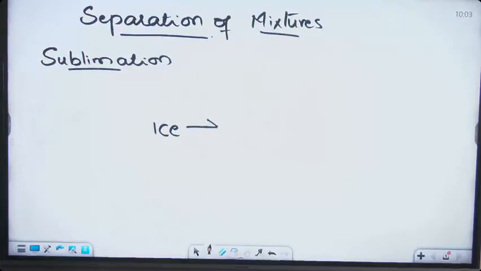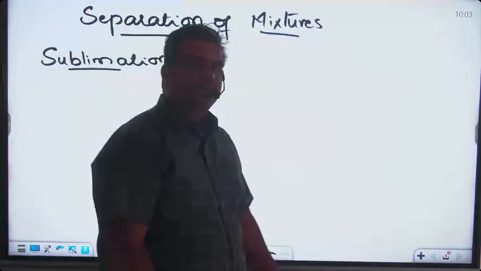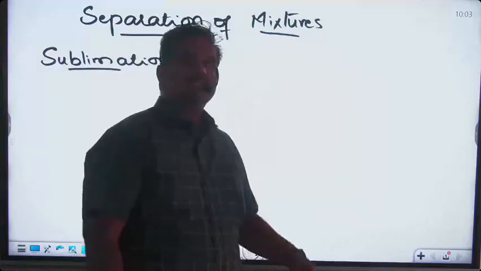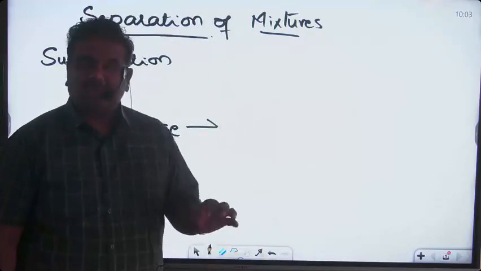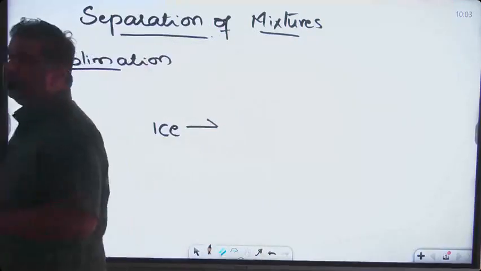We need to increase the heat or increase the temperature. Can we say that we have to increase the amount of heat? Heat is increased and the word use cheyocha లేదా టెంపరేచర్ ఇంక్రీజ్ చేసాం కాబట్టి ఐస్ అనేది వాటర్ లో కన్వర్ట్ అవుతుంది అని